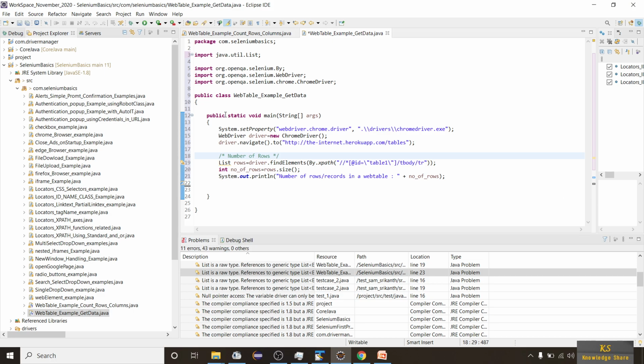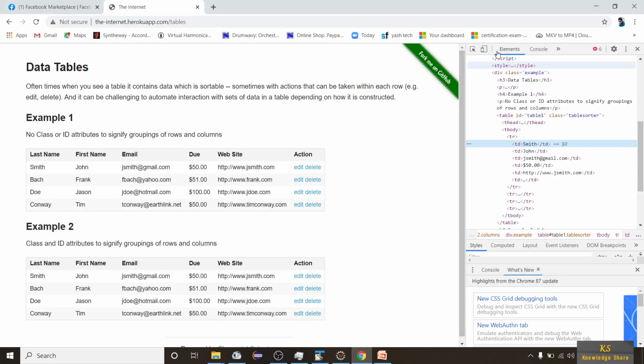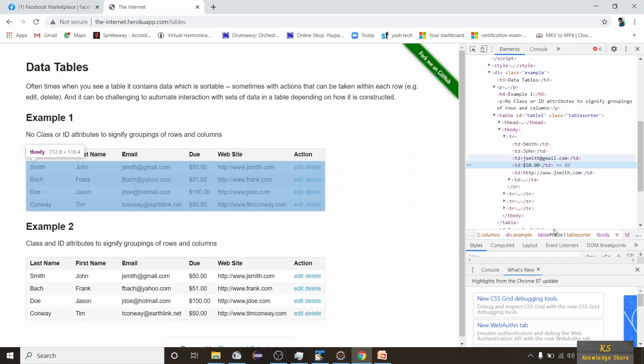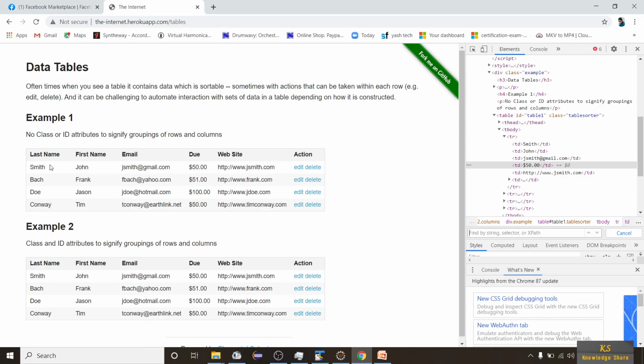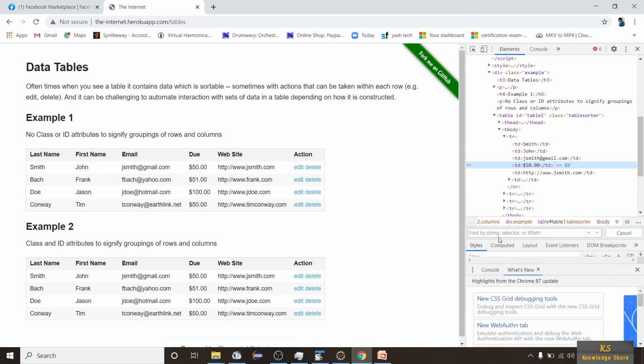Now the first exercise is to get the first row and the fourth column, right? So let's go to our page, right click and inspect element, and let me inspect this element. You have to write your own XPath, right? First let us select this value, copy XPath and paste it here. You can see you are getting the value directly. Either you can take it like that, that's a very easy process. So it's always getting your first row and the fourth column, right? So let me take it.